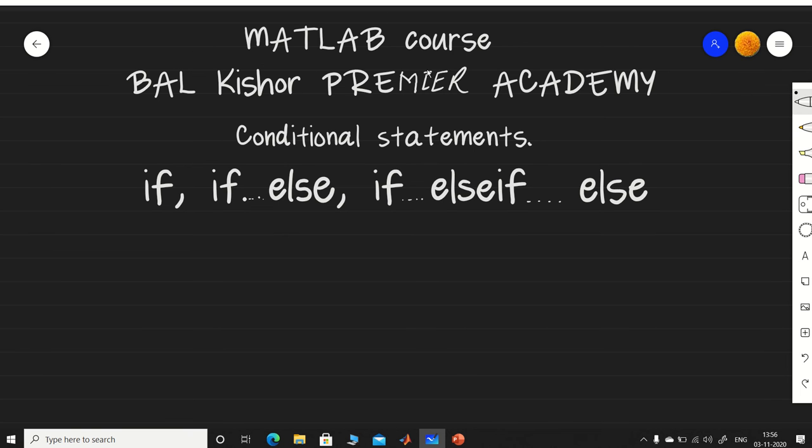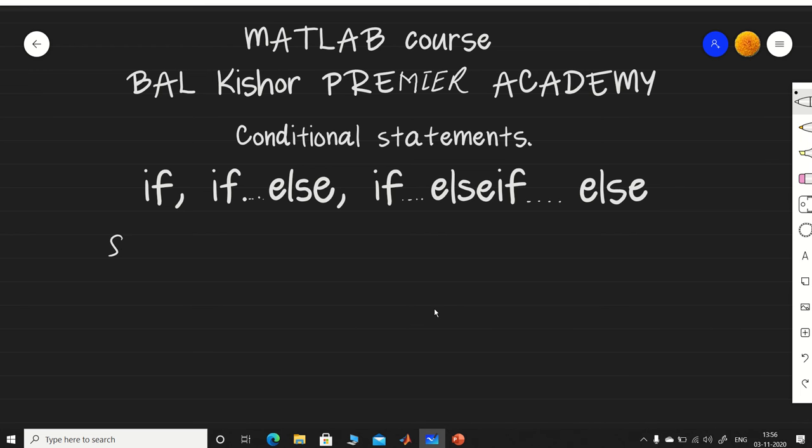So proceeding with this MATLAB course, today we will be seeing conditional statements, and in those conditional statements we will see programs based on if-else conditions, or if, if and else conditions. If-else conditions are very useful in any programming language. What is the structure, and how do we proceed in MATLAB? We will show that through some programs. So let's see the structure of if-else conditions.